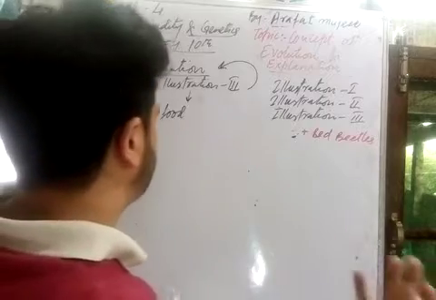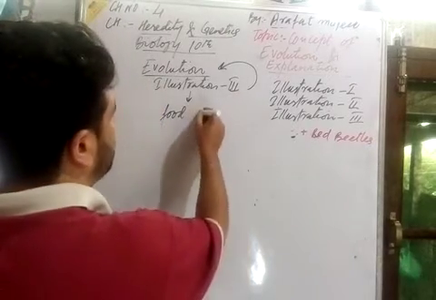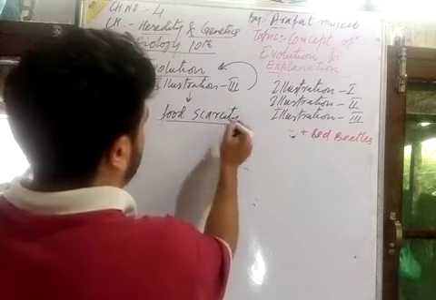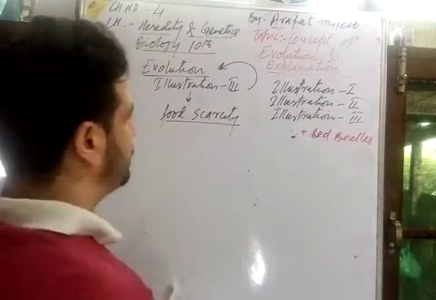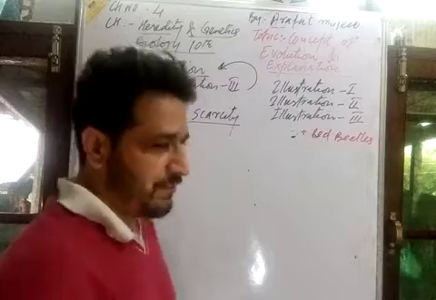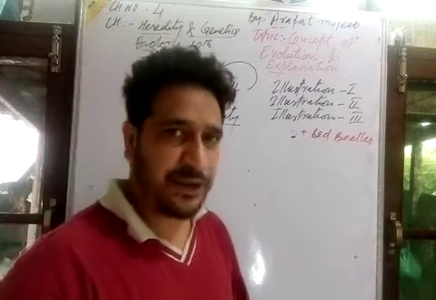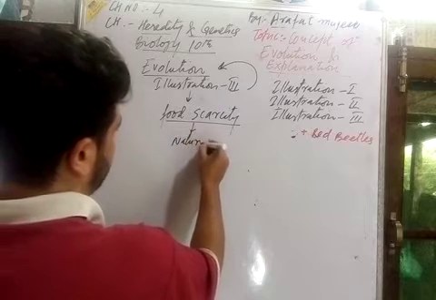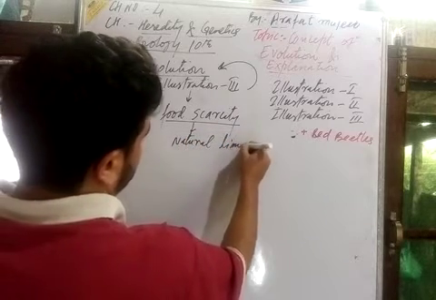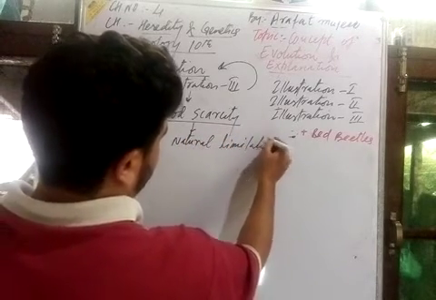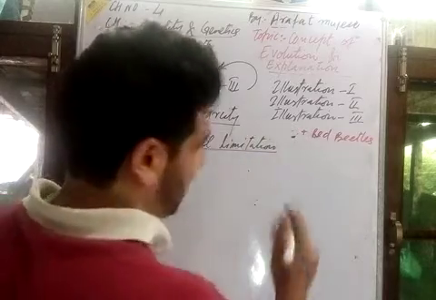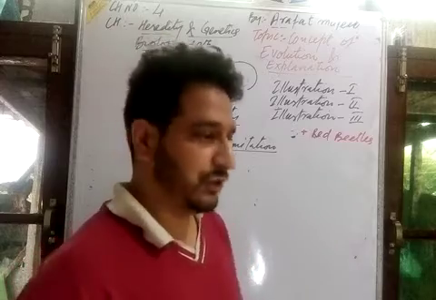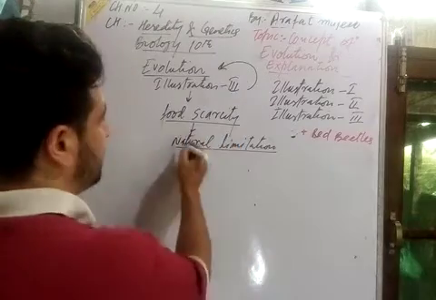It is a natural factor. फूड स्कैरसिटी के कारण क्या होता है? यहाँ एक फूड स्कैरसिटी आती है, नेचुरल फैक्टर है, नेचुरल लिमिटेशन है, हम इसको कहेंगे it is a natural limitation. Sometimes there is the natural limitations. We check the number of the population, we check the growth of population, and here the natural limitation here is